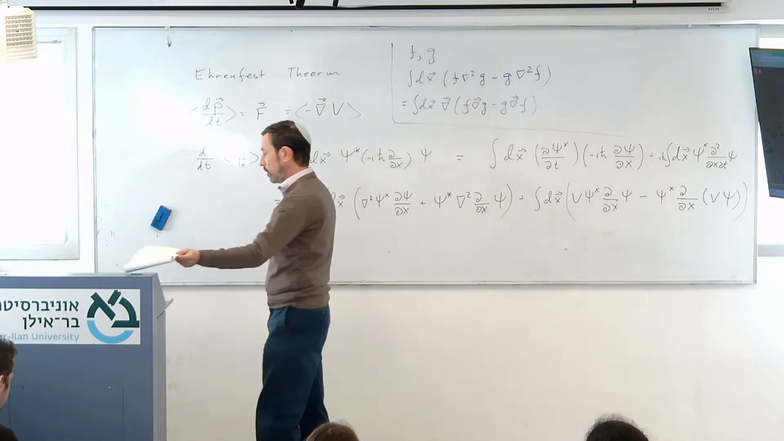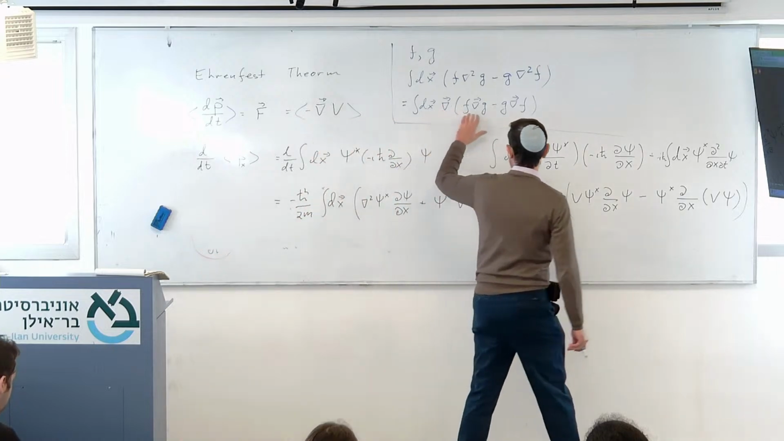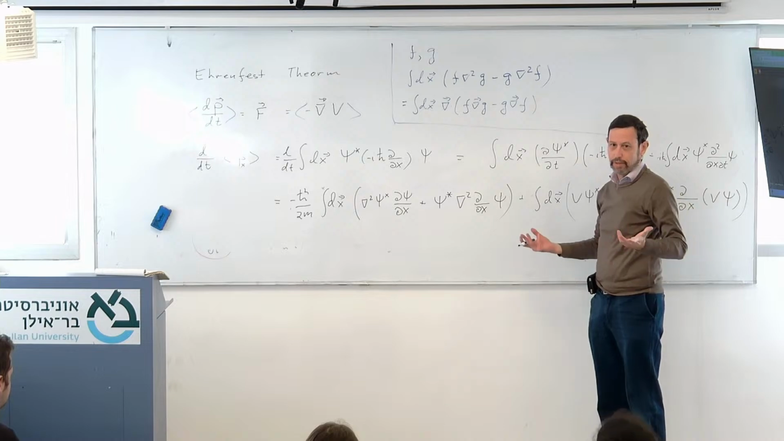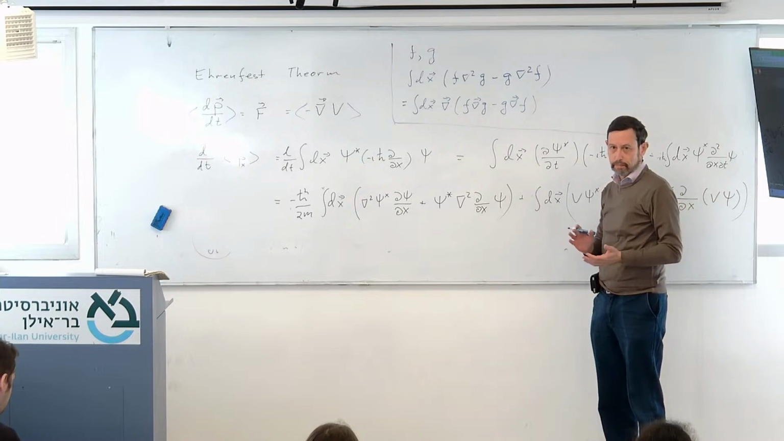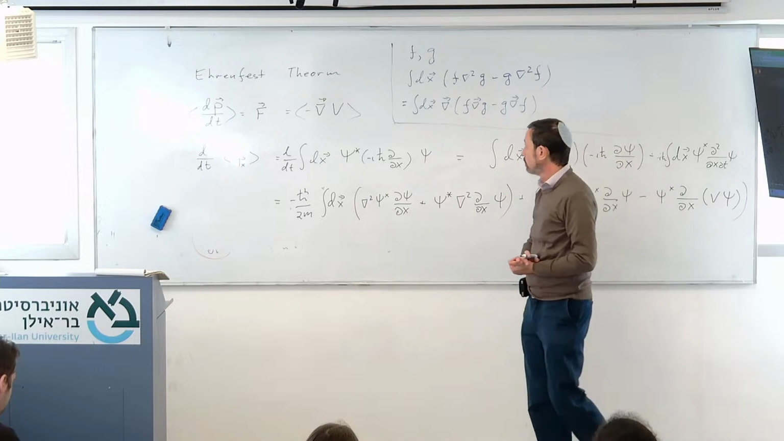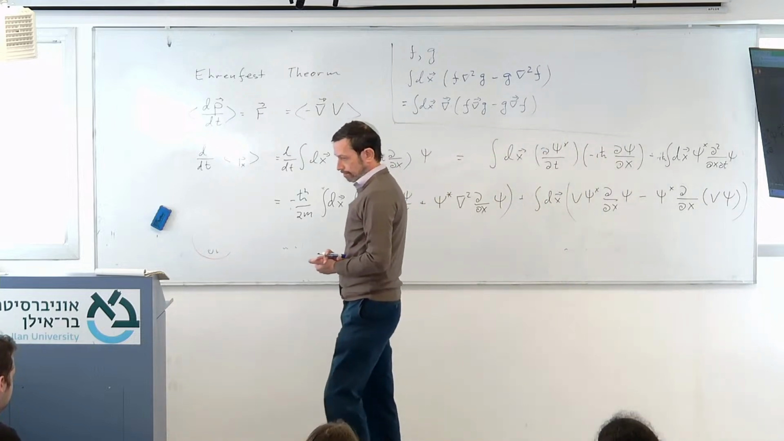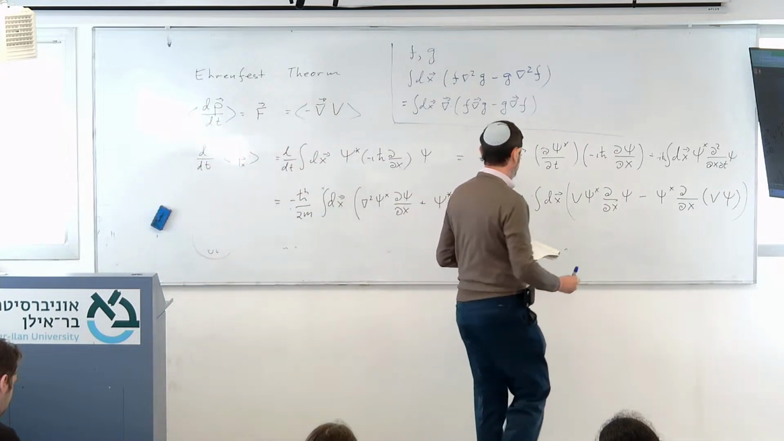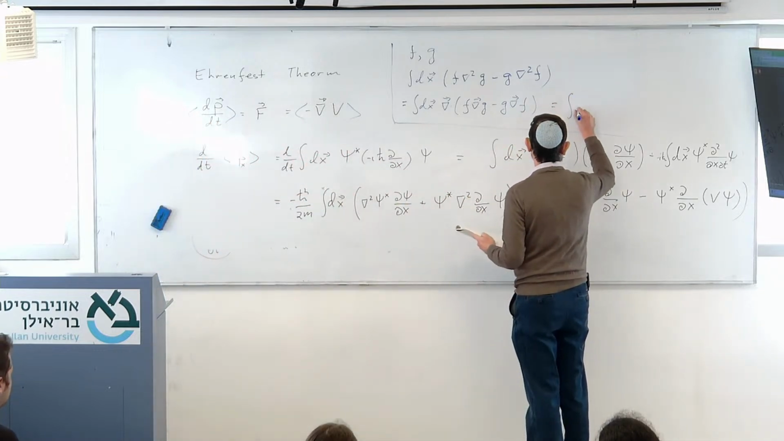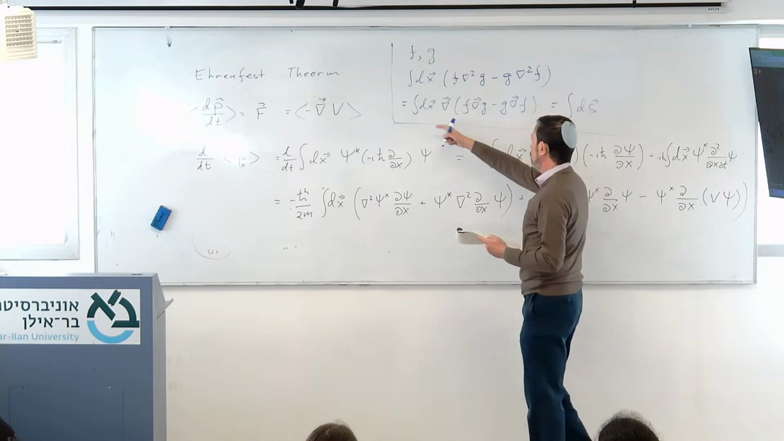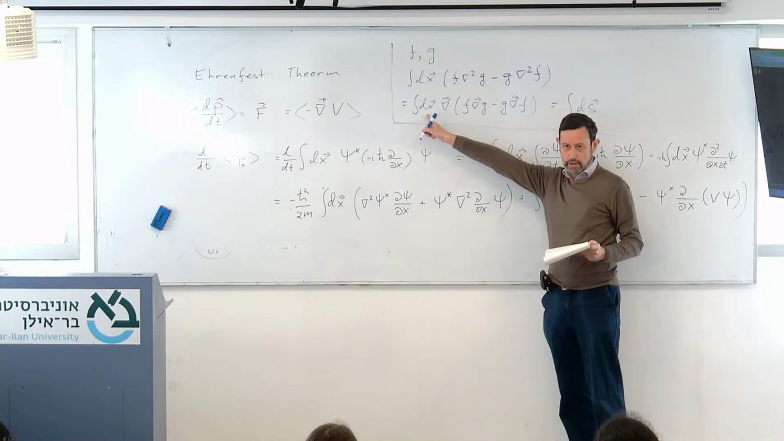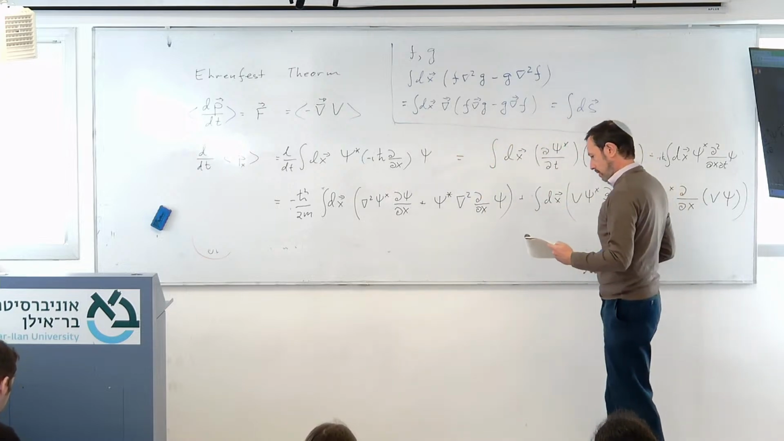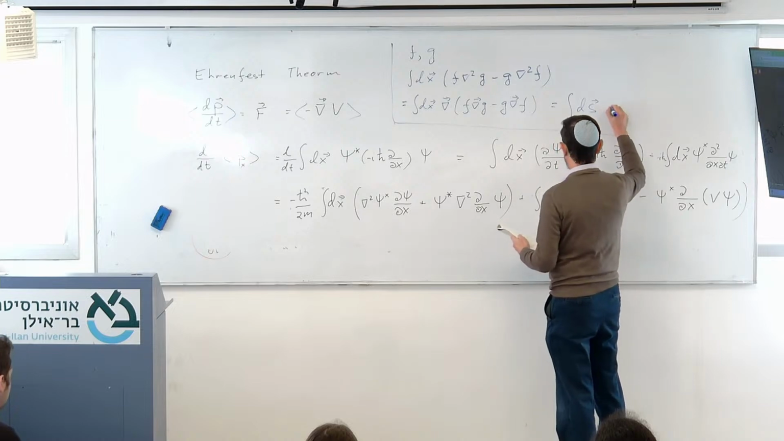Why is that true? Just perform divergence and you'll see that you're going back to what's written above. Now I'll use Gauss: instead of the integral over volume, I'll go to an integral over a surface and get here